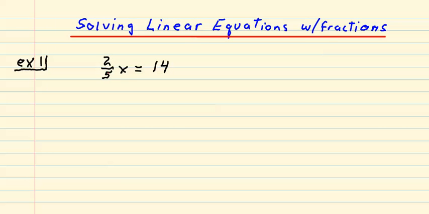Now, when we have an equation of this form, 2/5 x equals some number, in this case 14, we can solve the equation by multiplying both sides by the reciprocal. Instead of multiplying by 5 and then dividing by 2, doing it in 2 steps, we can